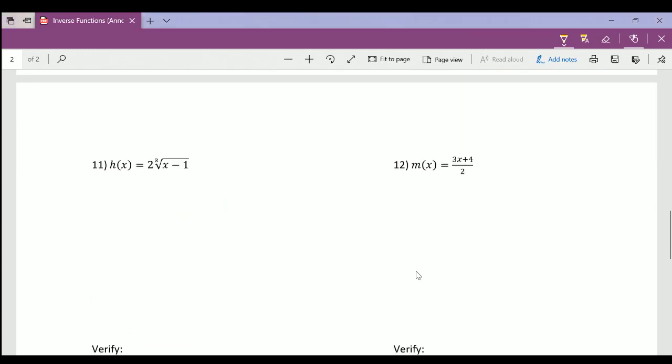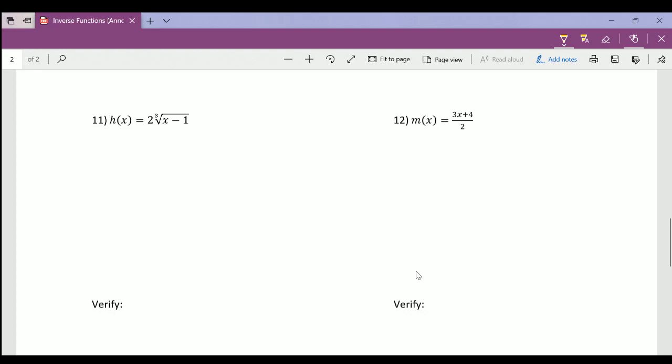All right, let's do a couple more of these. This time it's h of x. Sounds like some part of the Russian Revolution. The h of x. We're going to change that to a y. Let me go back to an easier to see color. There we go. y equals 2